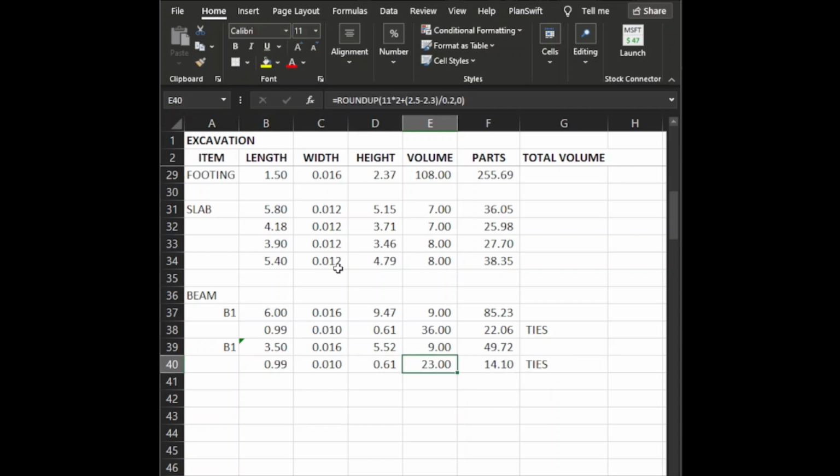So it's 23. For beam 2, it's 23 pieces of ties. So for this one,